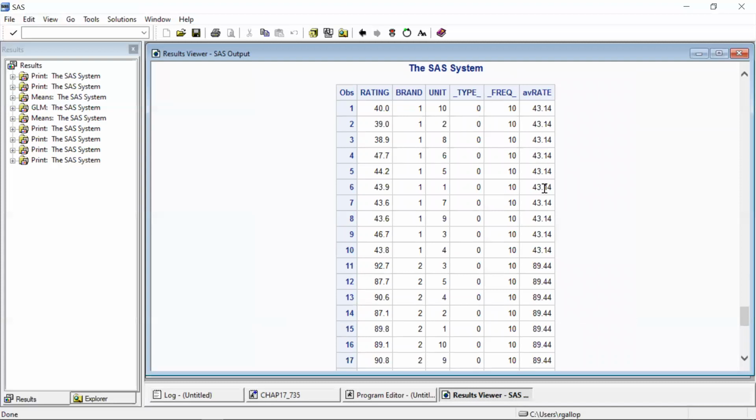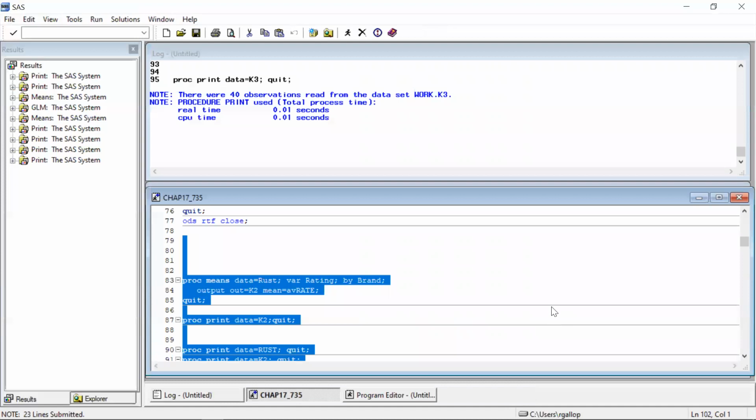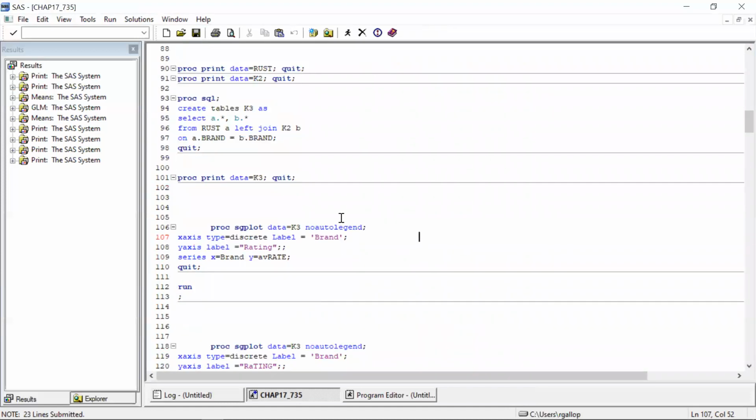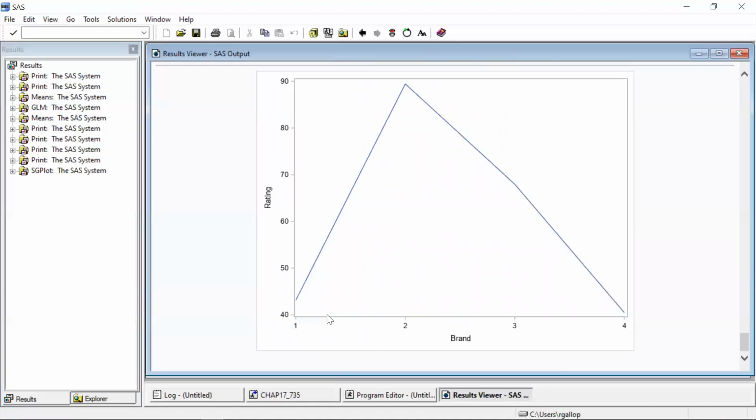So I got the average rating per brand right there. And the one graph I really like, let's first take a look at this one. This one showing, really connecting the mean across the 4 brands. Now this looks like a shark fin,